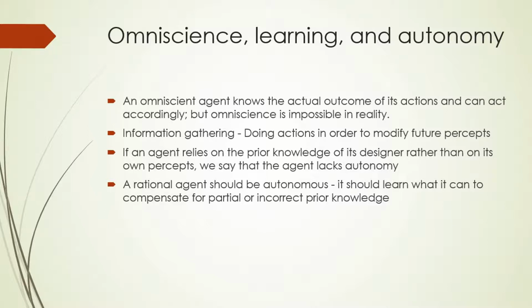Omniscience might be difficult to achieve. By definition, an omniscient agent knows the actual outcome of its actions and can act accordingly, right? But in reality, it's very difficult to come up with that. We can, for example,